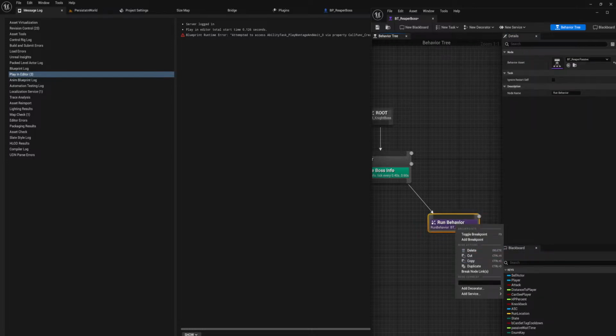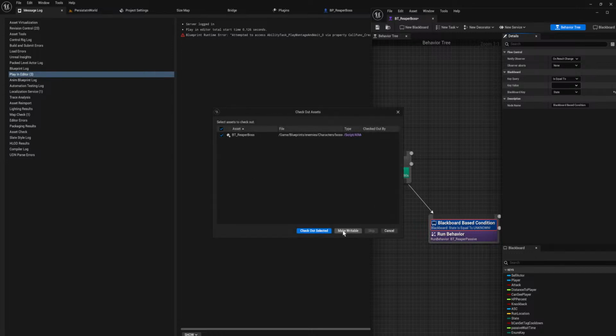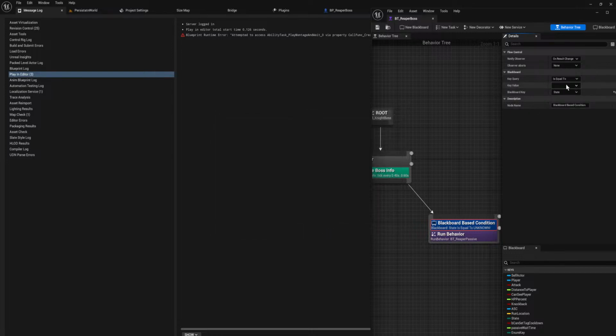Let's try to re-add Blackboard decorator. A lot of good that'll do you, being able to force a certain enum type if you can't actually select its values. What bullshit is this?